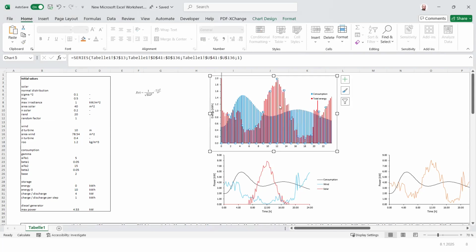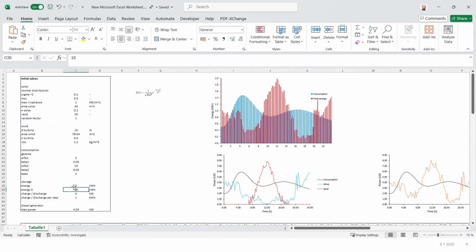So if I put the energy storage into 0, you can see that there's the consumption and the production, and there are gaps in between. So we would have some energy in here that we could utilize. So if I increase the storage,